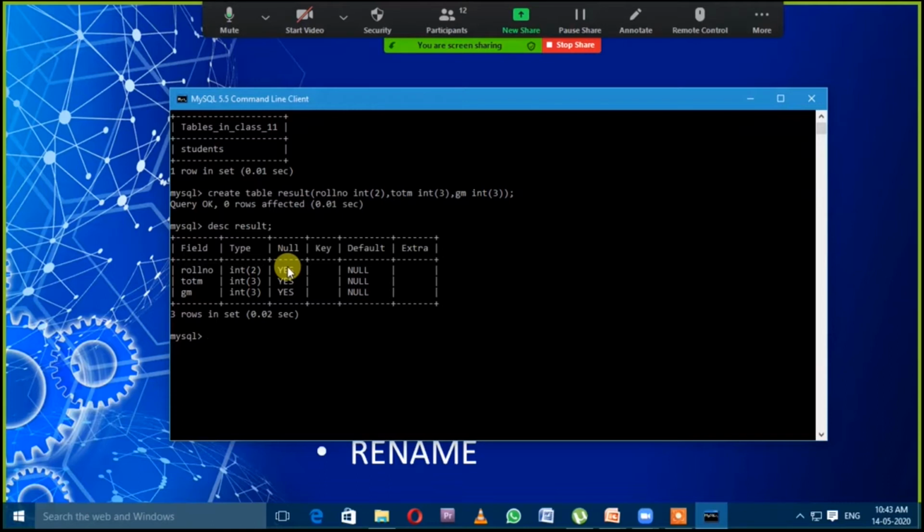Okay, so now we will use the second type of DDL command, the alter table command.